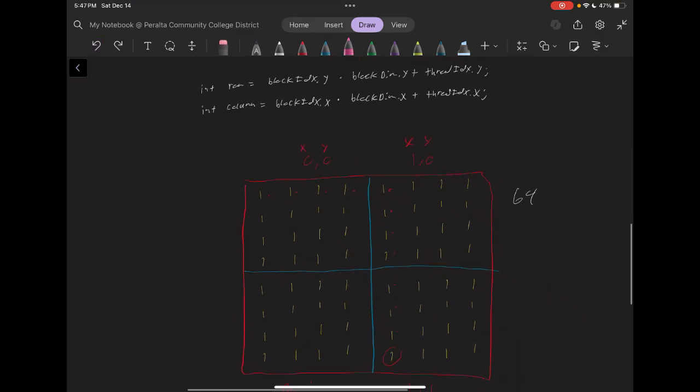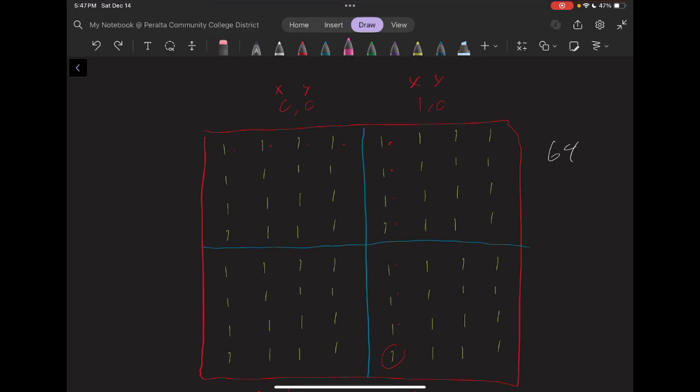So essentially within here, we're only going to need 5 by 5. We don't need this, sorry. We're only going to need a 5 by 5 amount of threads because that's our rows. So essentially we're going to have 1, 2, 3, 4, 5. 1, 2, 3, 4, 5. This is how many threads we are going to use within